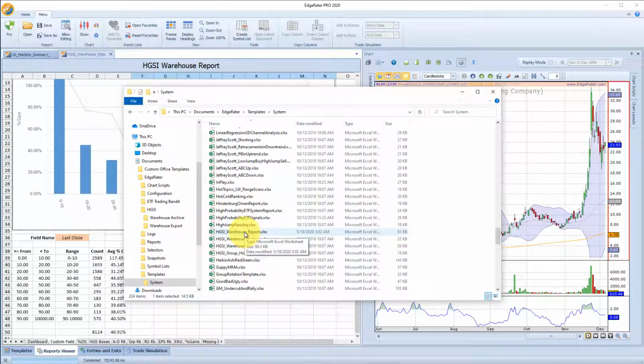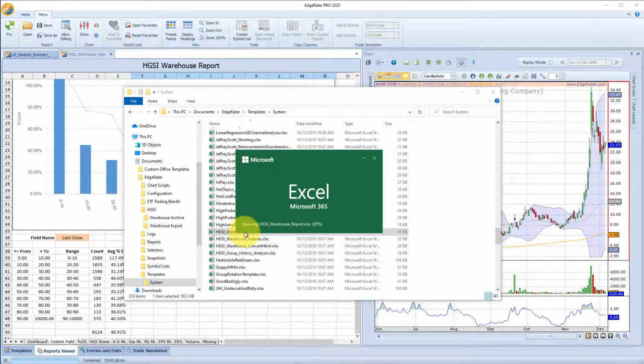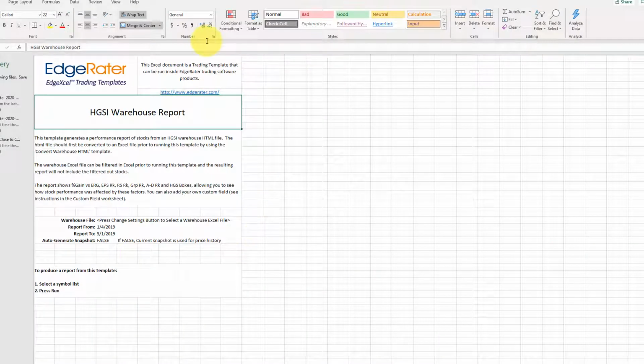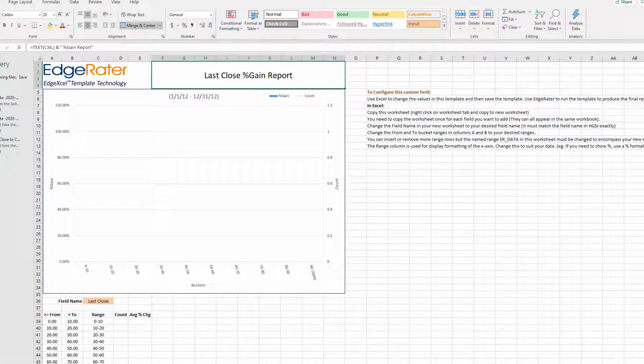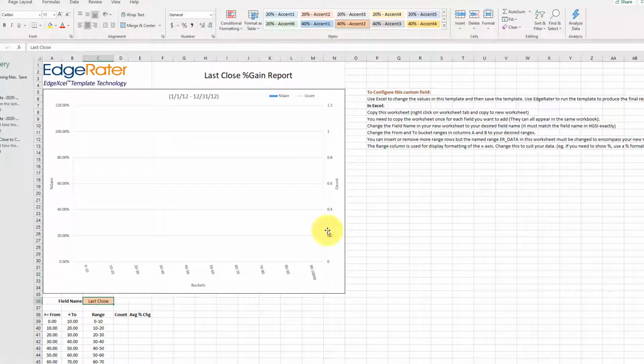It's right here. And if I open this up in Excel, this is how you could modify templates. It's directly within Excel. So here's my template, and the custom field is right here. It tells you here how you would change this to get your own field from the warehouse and analyze that field. Basically you put the name of the field in here, and you copy this worksheet, so you can create more than just this custom field, you can have other custom fields, and then you would save this template